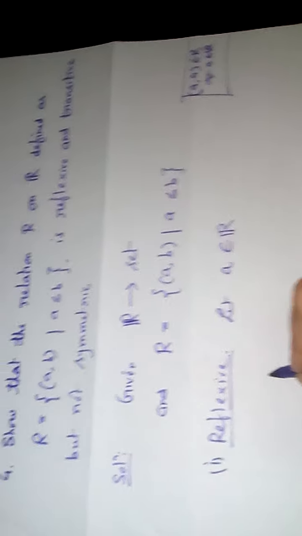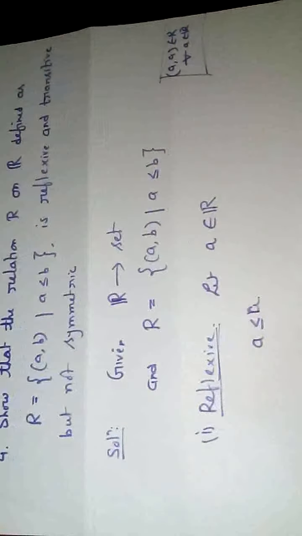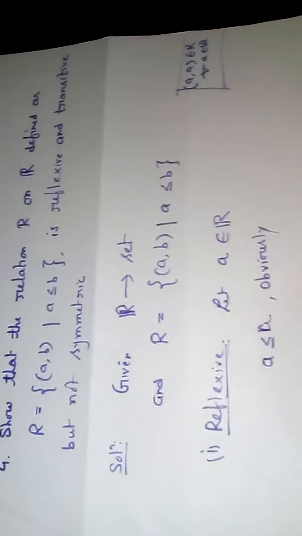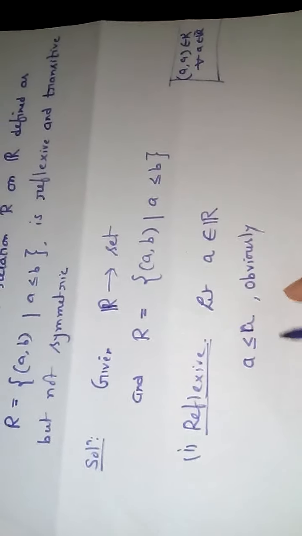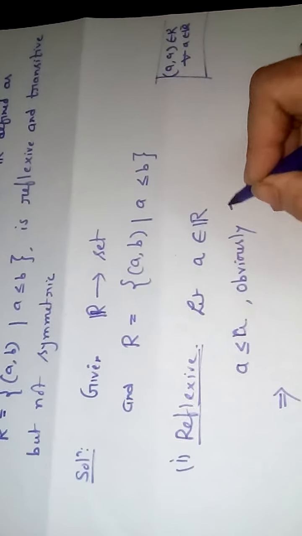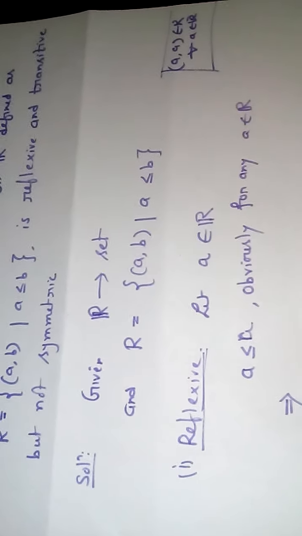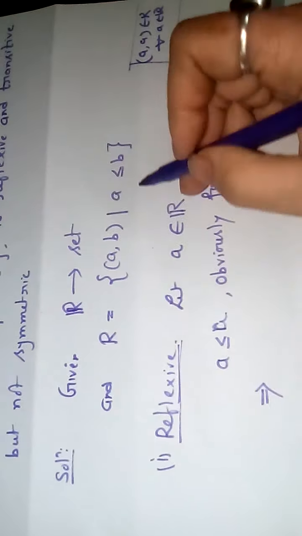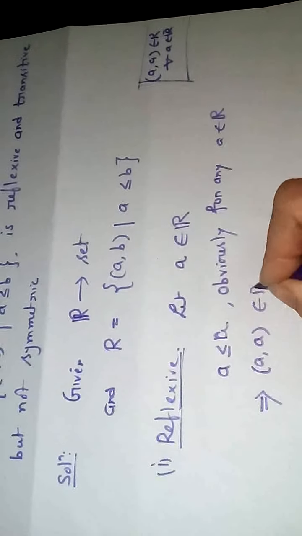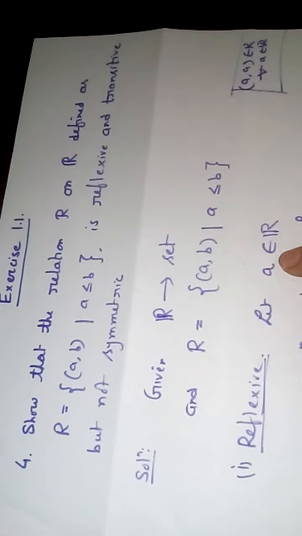Okay, now you see we are taking an element A belongs to R, then obviously you know every element is equal to itself, so obviously what happened? A is less than equal to A. You can write down here, obviously, A less than equal to A, right? And here you see since A less than equal to A and it is true for any small a belongs to the set R. Okay, so since A less than equal to A, that means they satisfy the condition, so you can give the conclusion that AA belongs to R, right?